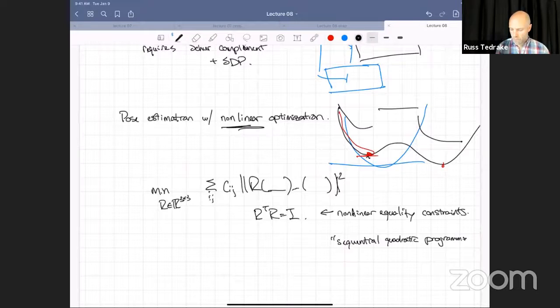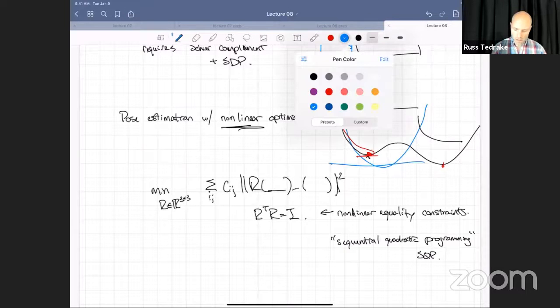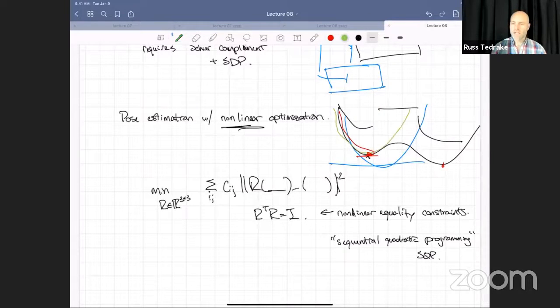Or SQP, which just by the name, you can sort of guess that the way it tries to solve these more complicated problems is by making local quadratic approximations of the objective function and local linear approximations of the constraints. Solve that problem, find your new solution to take your approximation around, and repeat. So that can have fast convergence